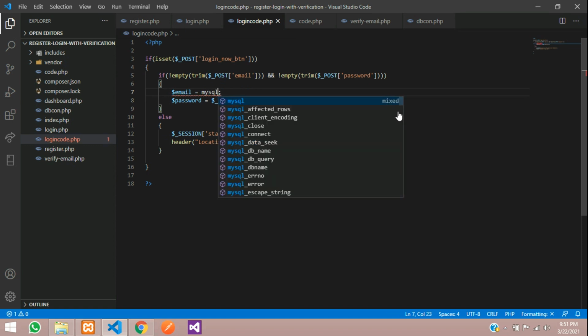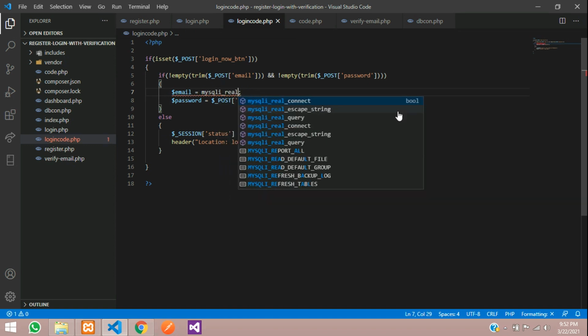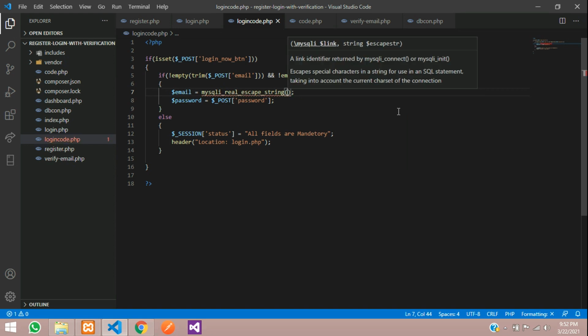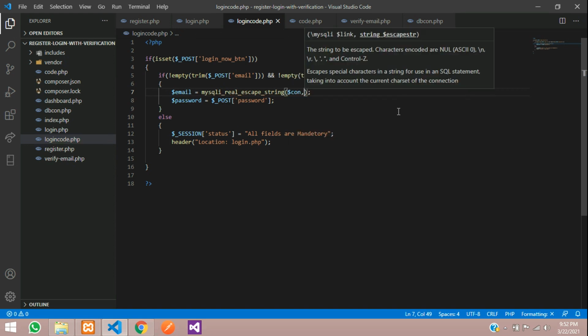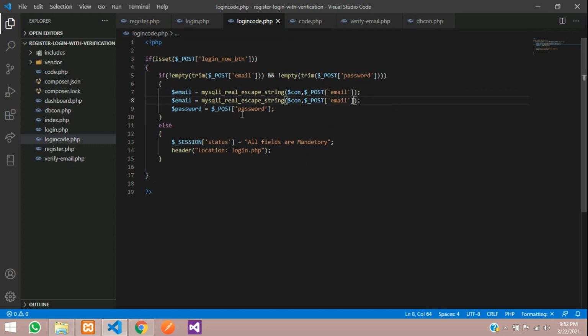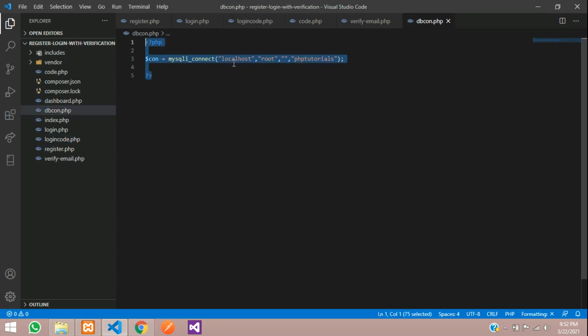So the mysqli_real_escape_string function. Inside this you need to give the database connection and then your input. In the same way for the password also. So let's copy this and paste it over here, password and this password. So let's remove this. And now guys, we need to set that. So first your database connection. We have already given that in dbcon.php. So let's include this file inside this